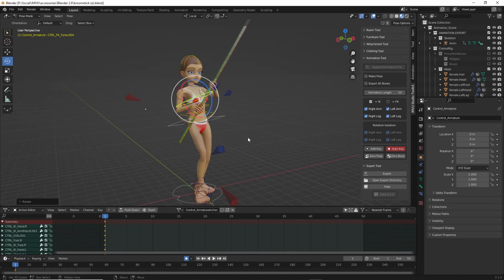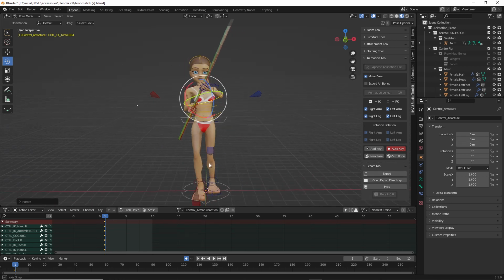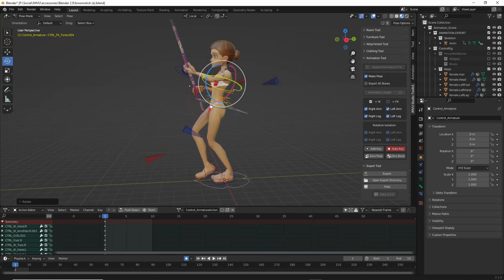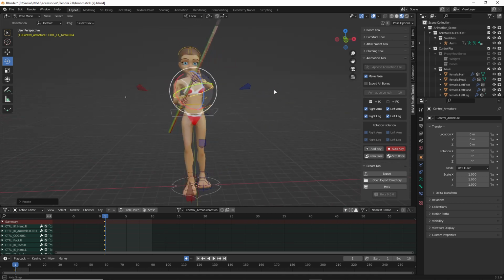As this is a static pose, we want to enable make pose, and we want to make sure that all the bones of the default pose are overridden by the pose that we've created. So if there are any bones that we haven't moved, if we do not have export all bones enabled,